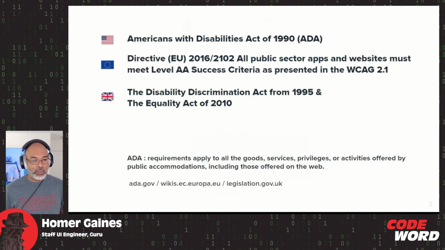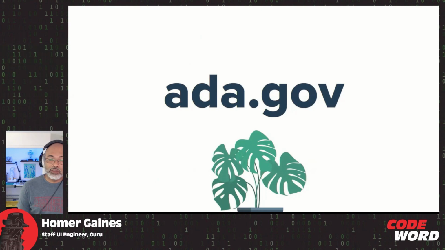So accessibility, for those of you who are not familiar, here in the United States is governed by the Americans with Disabilities Act of 1990. There are several different economies, in fact, 70 different economies all over the world who have some type of accessibility law on their books that require applications and websites to some degree to be accessible to individuals with disabilities. If you'd like to learn more about that, you can always go to ada.gov and find out a whole lot more information about accessibility.